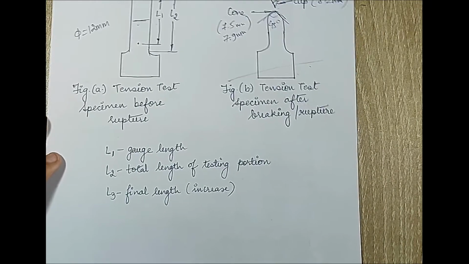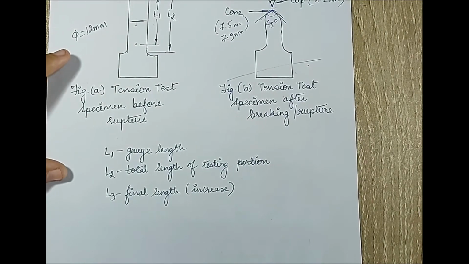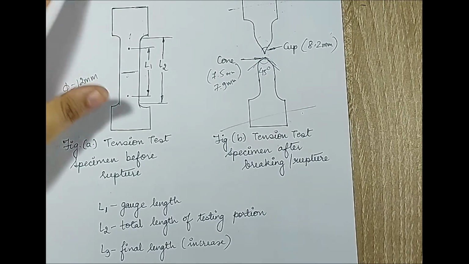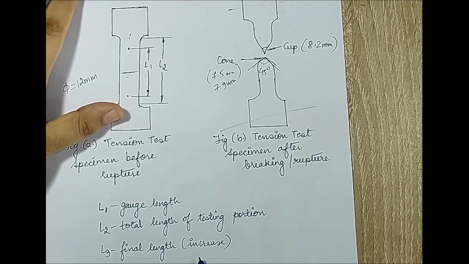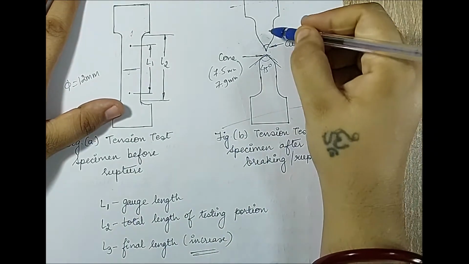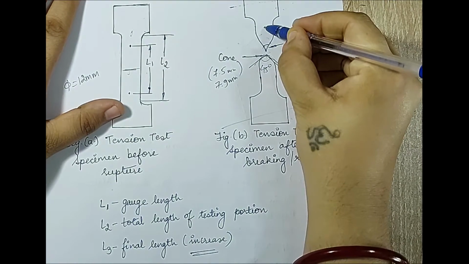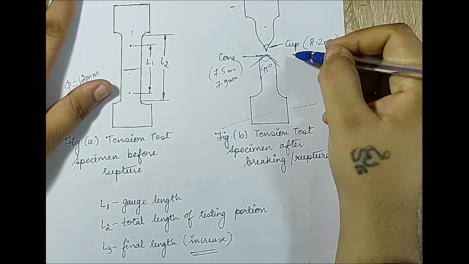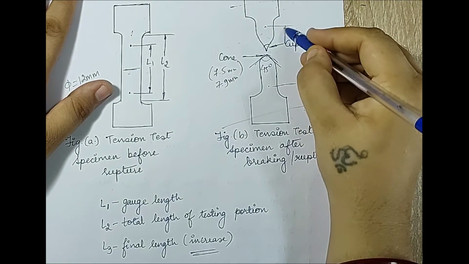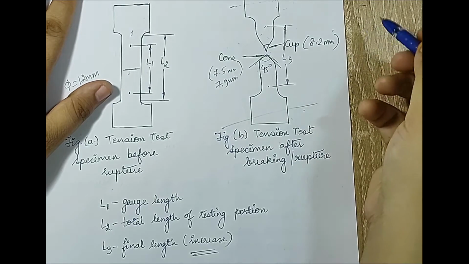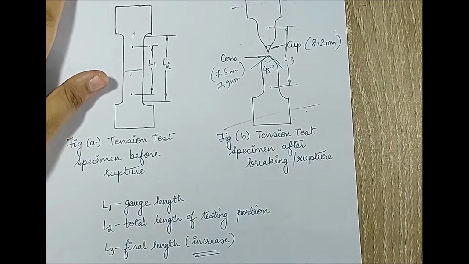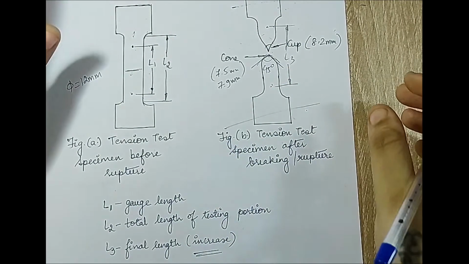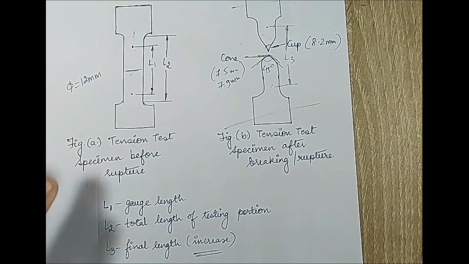Here I have written L1, which is the gauge length you have seen, L2, which was the total length of the specimen, and L3, which is the final length. Obviously there will be an increase in length. So L3 can be measured over here. Once you know those gauge points, which I mark with the help of chalk or permanent marker, at the end when I measure this length L3, obviously the length will be increased as compared to the gauge length. So these are the same two points which I have marked for L1. This is how the tension test on mild steel is conducted on a UTM.